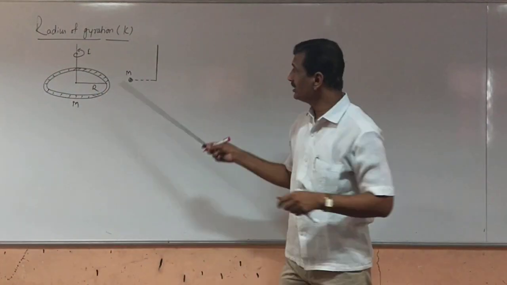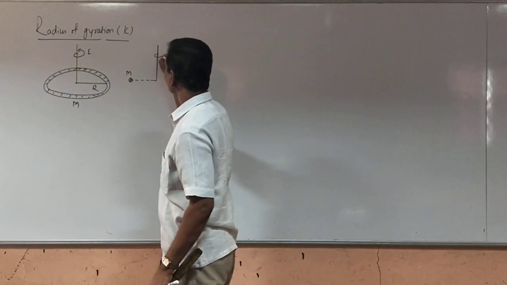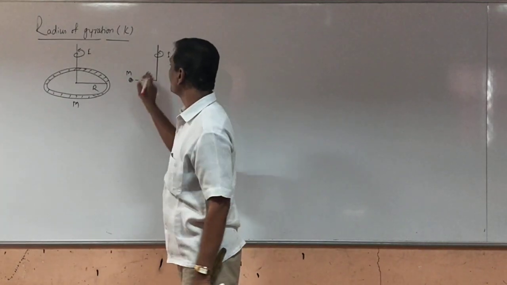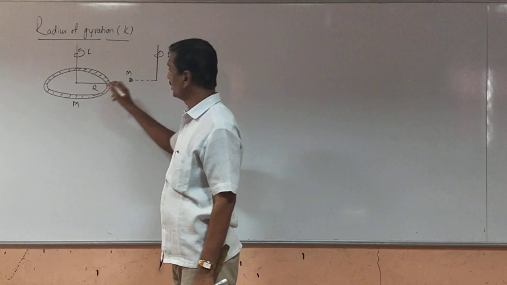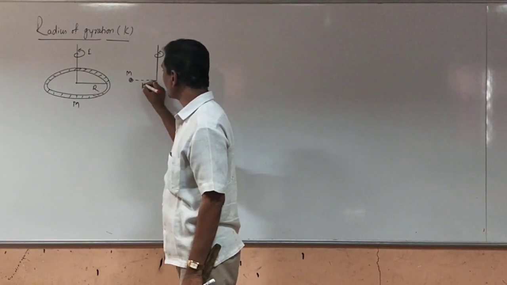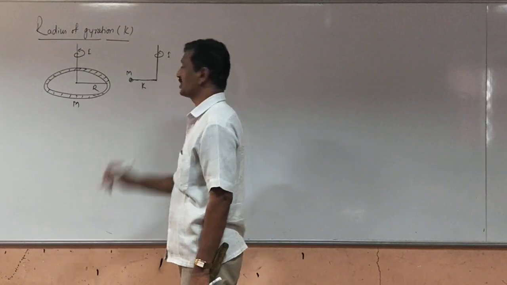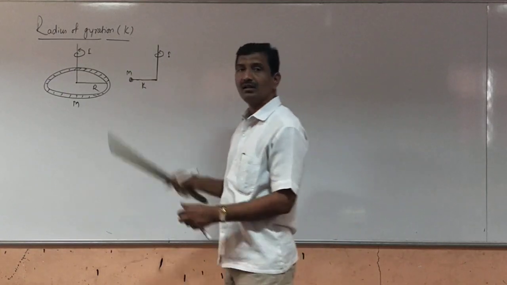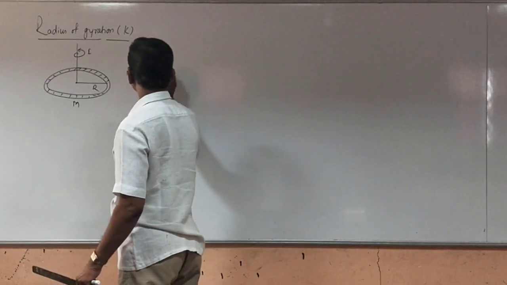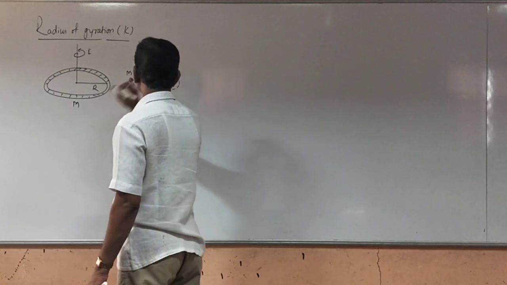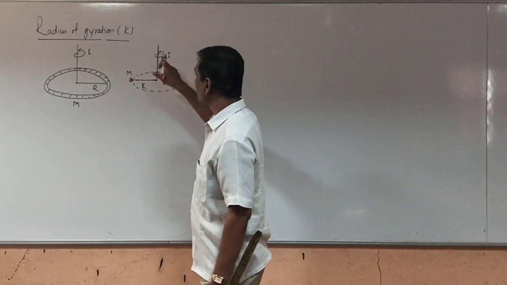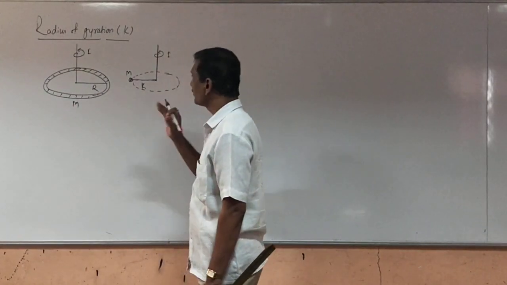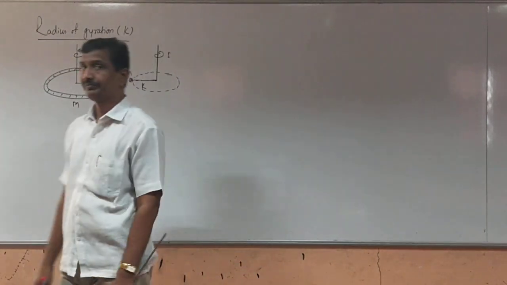Now this particle is rotated about the axis of rotation. So to get the same moment of inertia as that of the ring, we consider the distance of that mass m from the axis of rotation as k. This distance k is called the radius of gyration. So when this particle of mass m is rotated, we get the same moment of inertia as that of the ring. And so that is why, what is the radius of gyration?